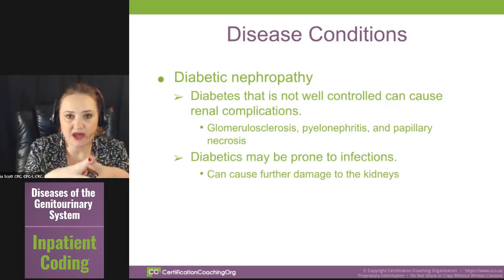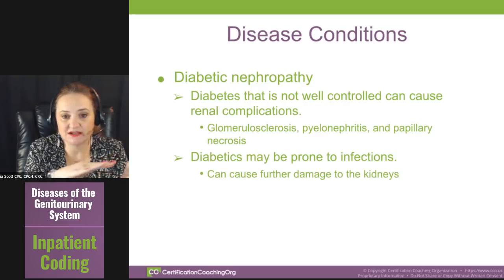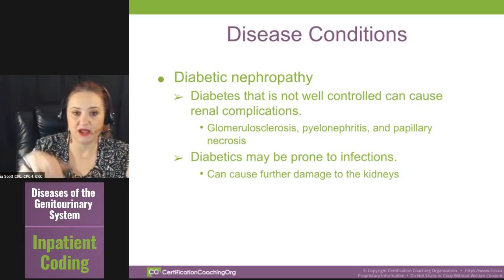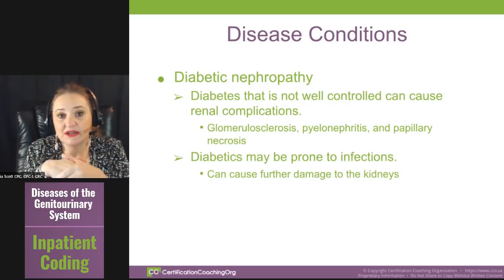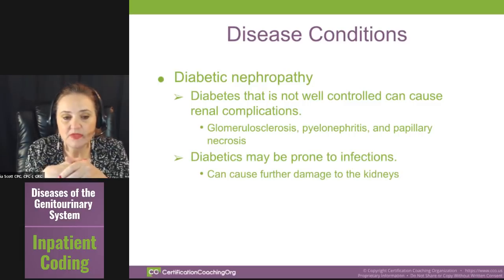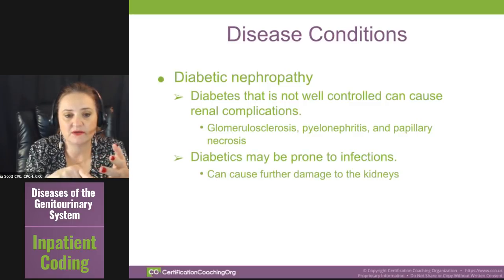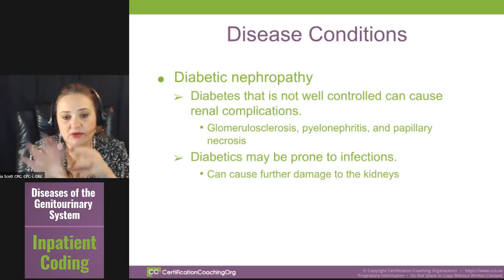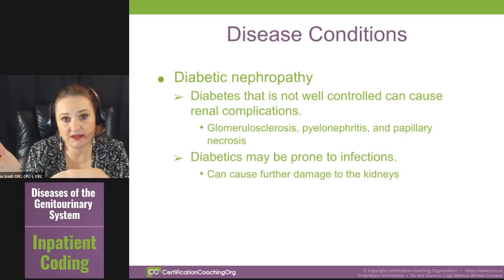So whenever you have diabetes that is not controlled and up and down, it's very common to have kidney issues as well, and nephropathy is one of those. The other types of nephropathy are glomerular sclerosis, pyelonephritis, and papillary necrosis. You can go and look at those a little more, but they are all considered diabetic nephropathy. Okay,